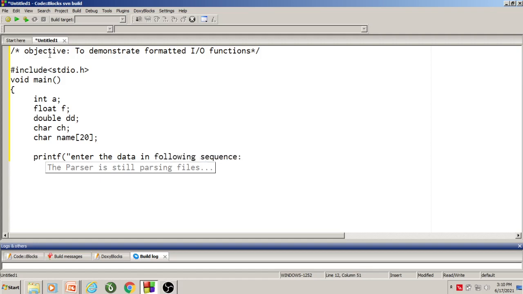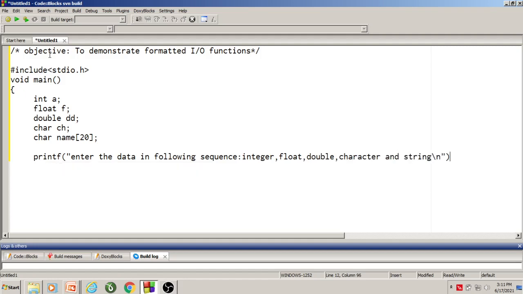That is, first you have to enter the integer, after that float, after that double, character, and string variable, right? So I complete this statement.